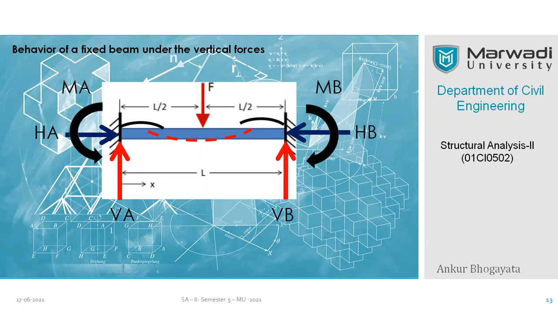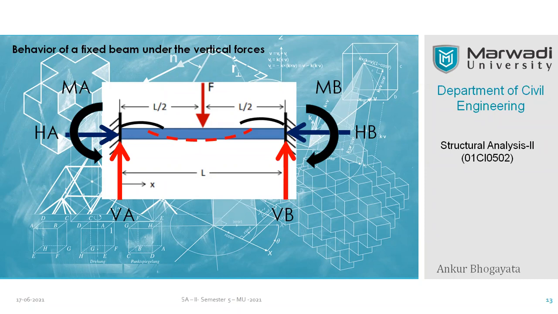Okay, so with this, let's go ahead and see how further we can analyze this particular beam for our basic purpose. Now, what is our target first? Our first target is to calculate the value of the moments. I want to know the numerical value of MA and MB. Now, how do I get it? And then once I have these values, I can definitely work out the values of VA and VB.